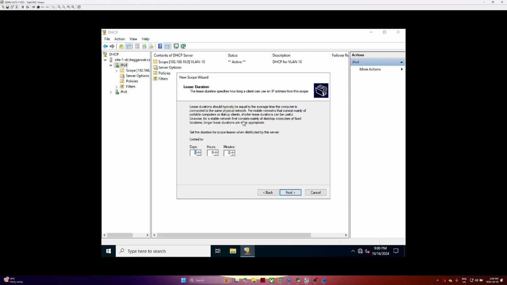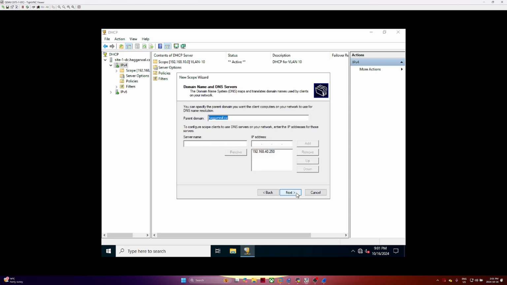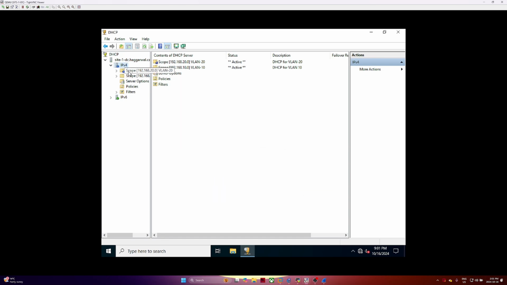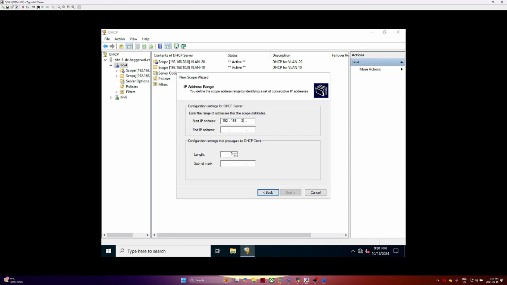Next. Router 192.168.20.252. Next. Finish. And let's configure one for 30 as well. VLAN-30. DHCP for VLAN 30, 192.168.30.1, 192.168.30.254,